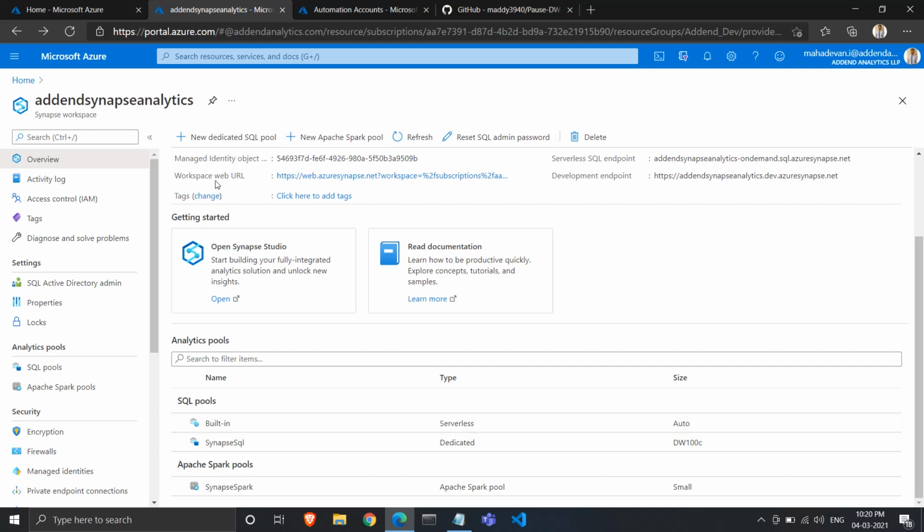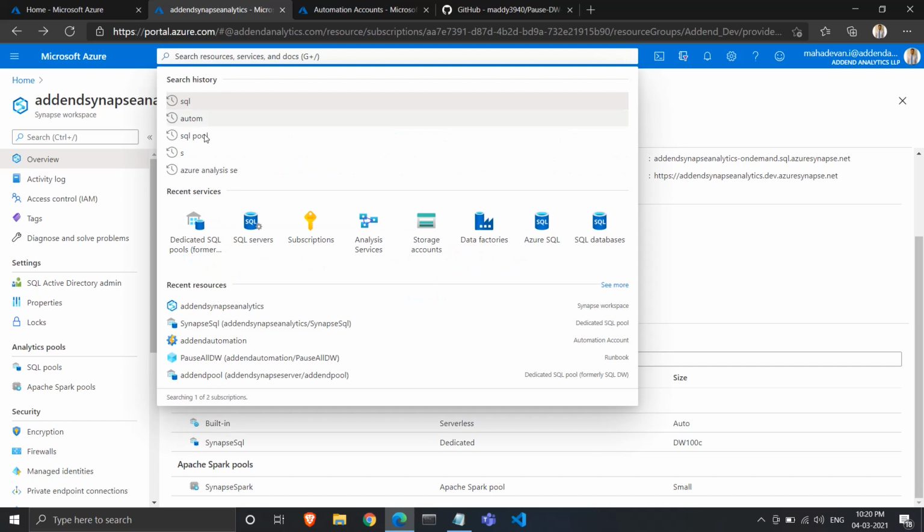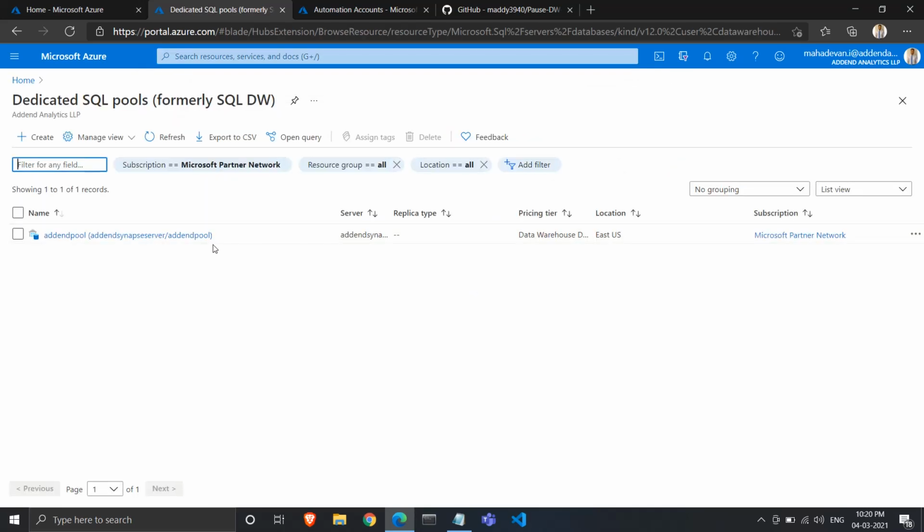The other kind of SQL pool that I'm talking about is the dedicated SQL pool that can be directly created using the Azure portal. The difference between these two is that the Synapse SQL pool that I mentioned earlier is stored internally as a resource type of Microsoft.Synapse, and this one over here, when you create it directly using the Azure portal, is stored internally as a Microsoft.SQL resource type in Azure.